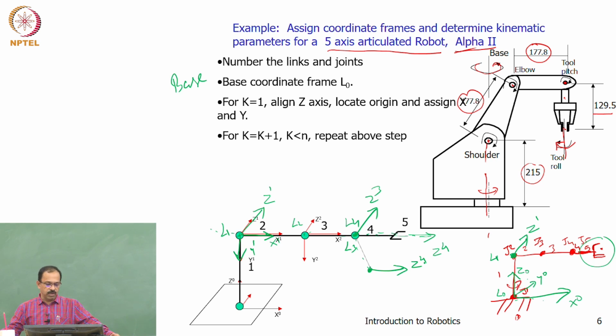Okay, X4 will be orthogonal to both, right? So it can be up or down, it can take both directions. So basically we are telling that the tool can actually go up or go down. That is basically what we are saying. So you can assume it is either up or down, and accordingly you give a y-axis also.